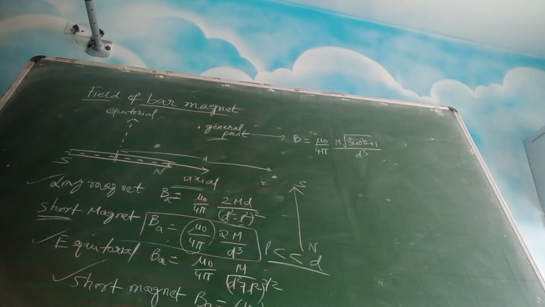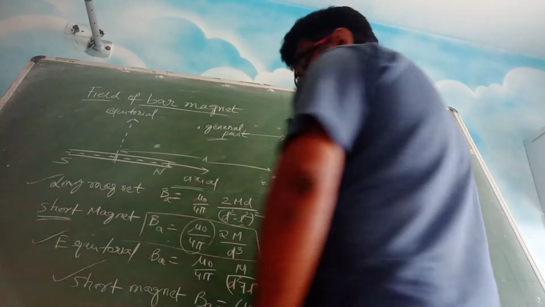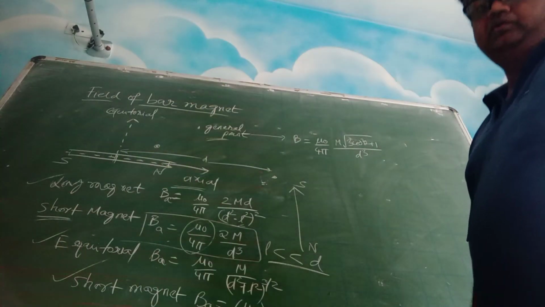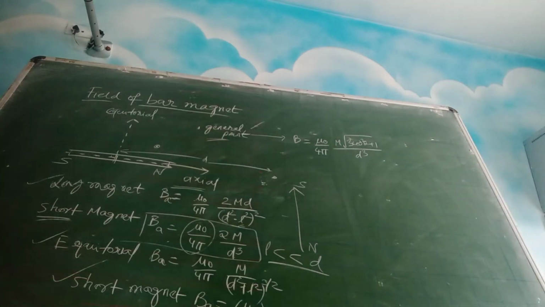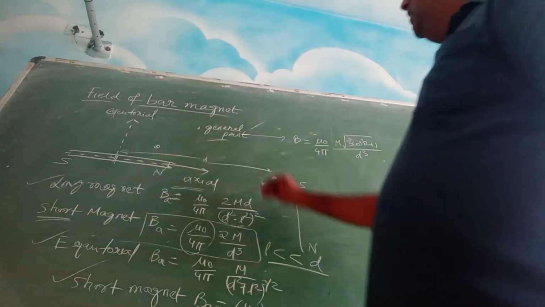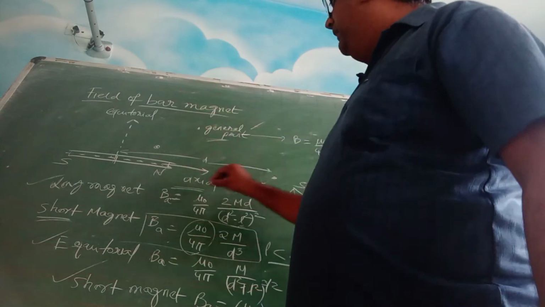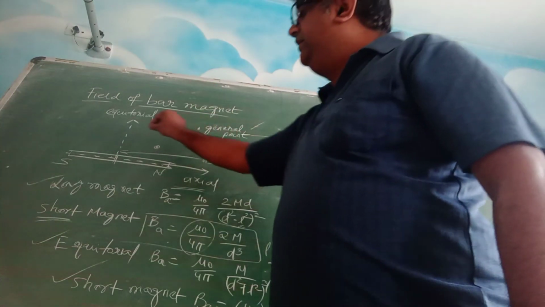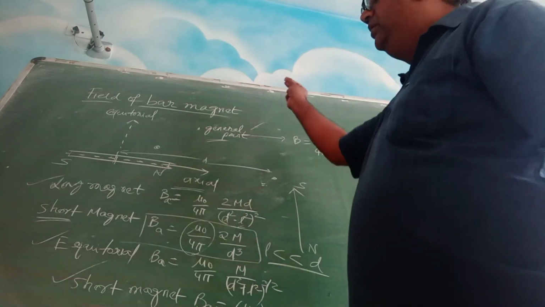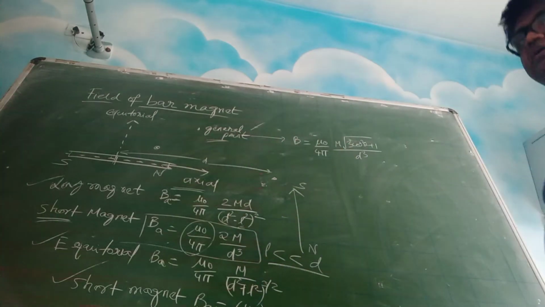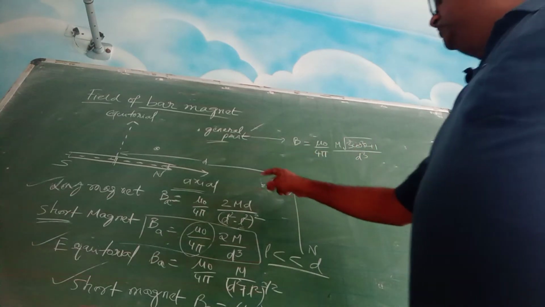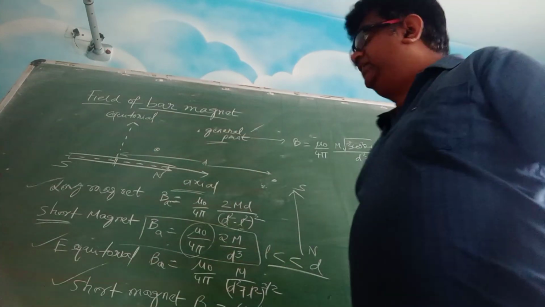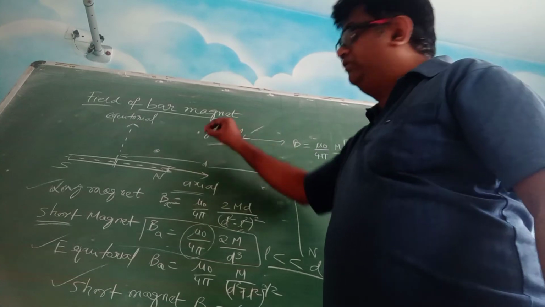Apart from this, a question can sometimes be asked to find the magnetic field strength at some general point. Now the point you have to understand is that this general point should be in the plane of the axial line and the equatorial line. It should not be in some other plane. If you take this board as the reference, you can see that the axial line and equatorial line are there, so the general point also should be on the board.